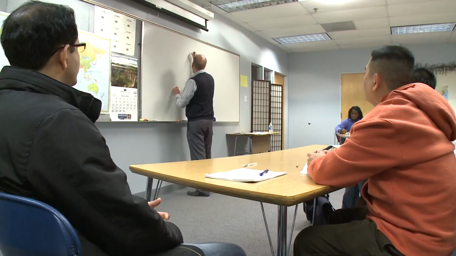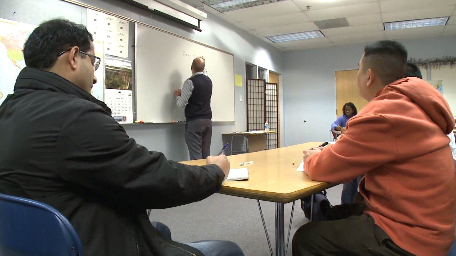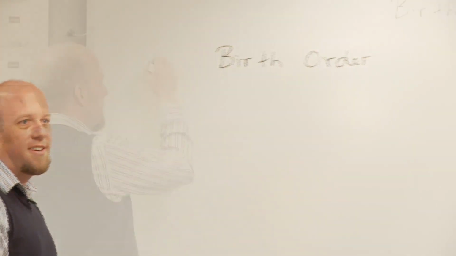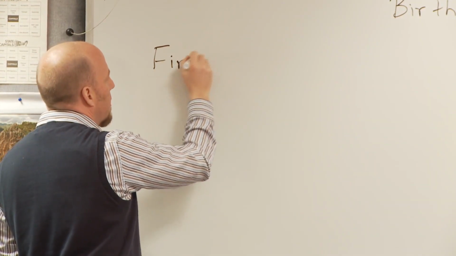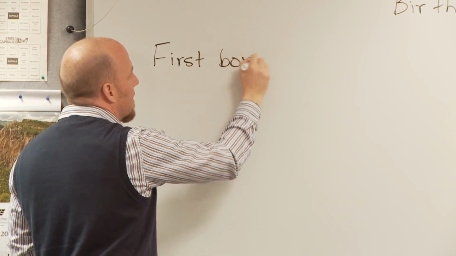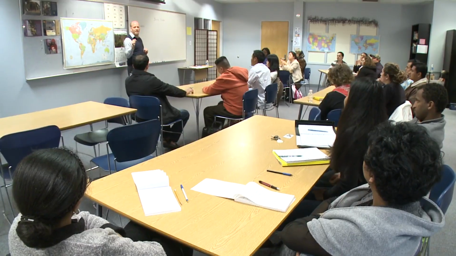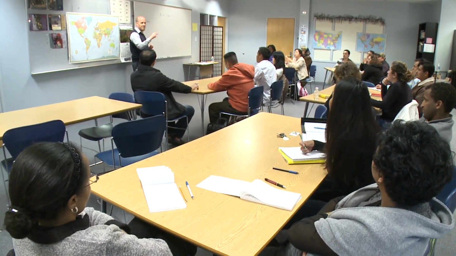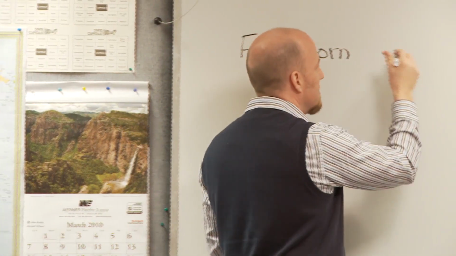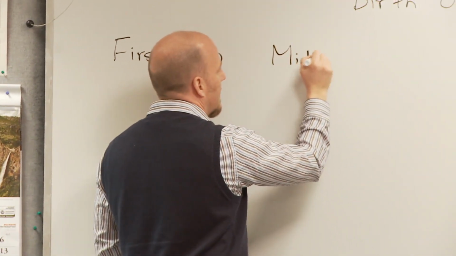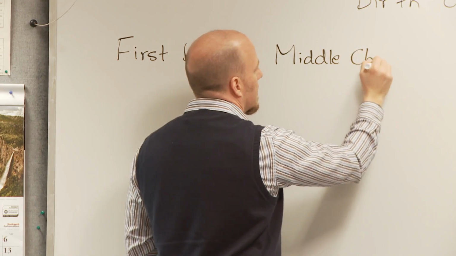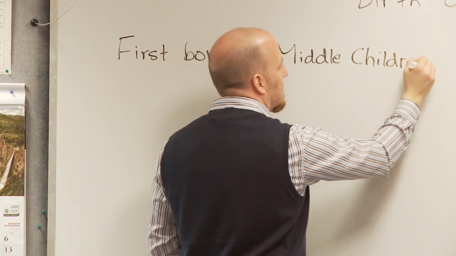We're going to learn about birth order. And how many birth orders are there, do you think? Firstborn. The firstborn. And what's another birth order? Can somebody else tell me? The pre-reading activities serve to activate learners' prior knowledge about the topic. Middle. But it's a middle only if there are 3, right? Well, let's see here. What's another one?